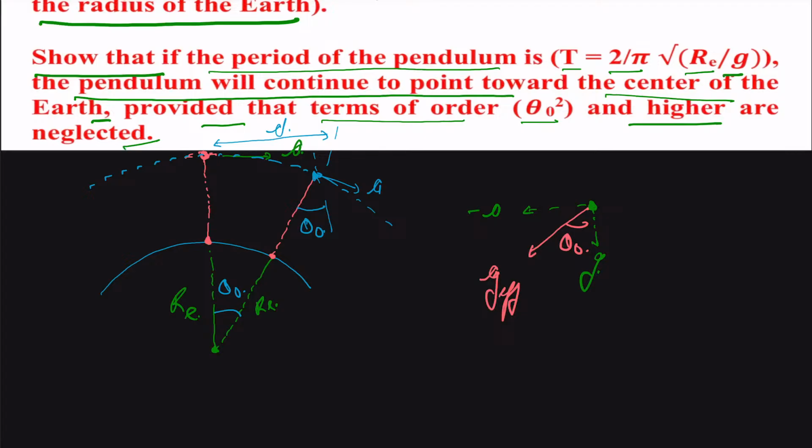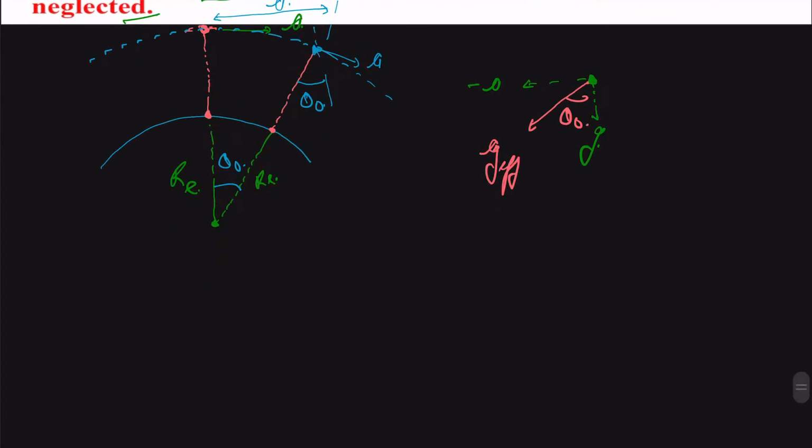So we are given that r is the radius, r is our radius of earth,